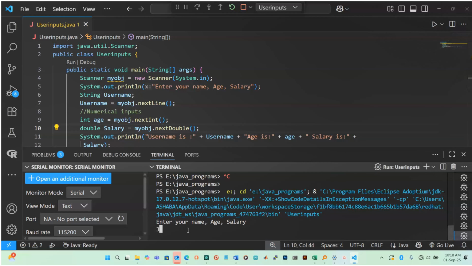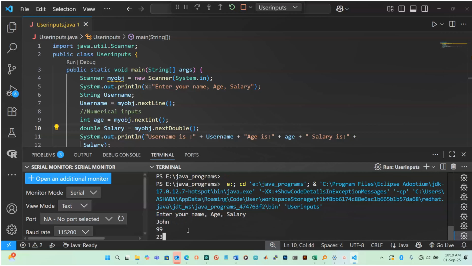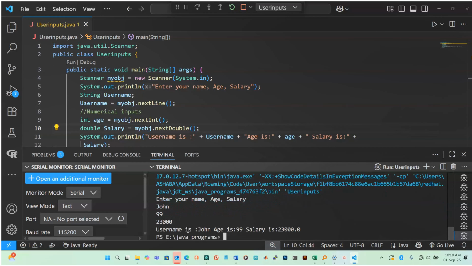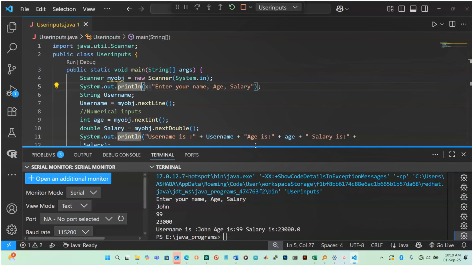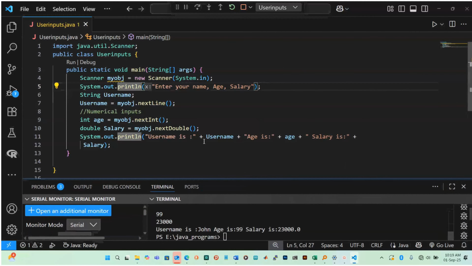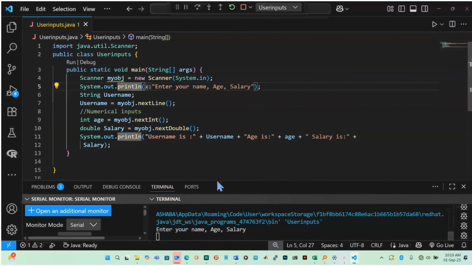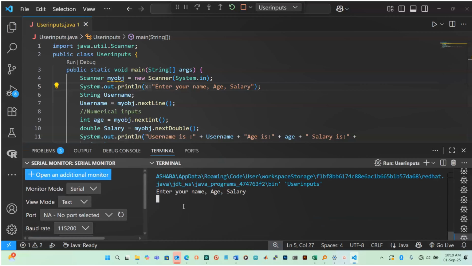So we enter John, then we enter age 99, then salary is $23,000. Therefore, you can see it is now printing out our result, because here the cursor remained and never went to the new line, so it actually remained like in an infinite loop. So for now it is running very well. So enter your name, Martin, age 99, salary